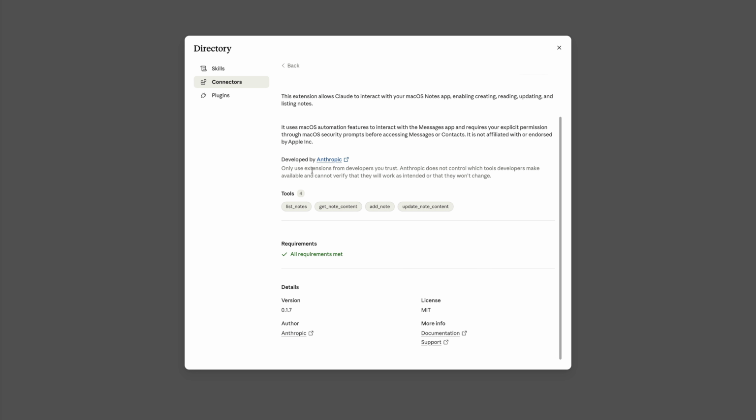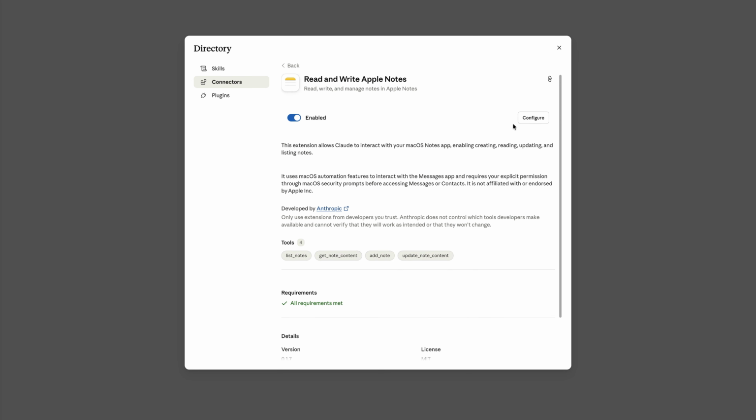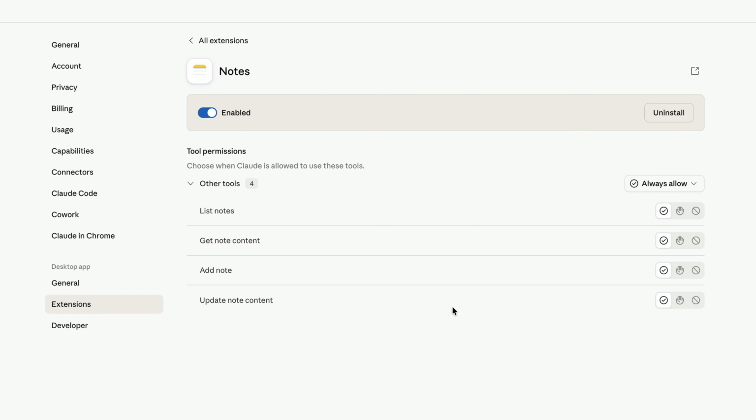Now, with this, you will be able to do a number of things. If we go to configure, you can see that right here, you can list notes, get note content, add a note, update note content, all right here. And if you want to, you can make changes by going to the specific things that it can do within Apple Notes. And let's say you don't want it to add a note, you can go here